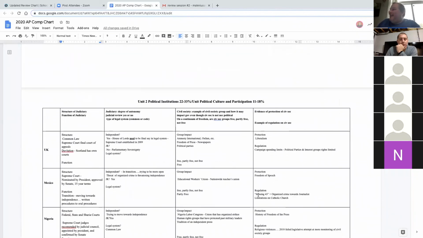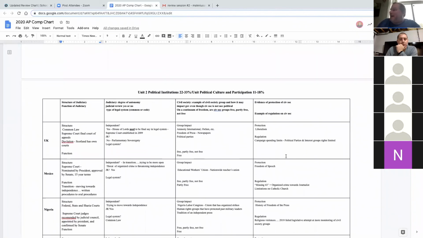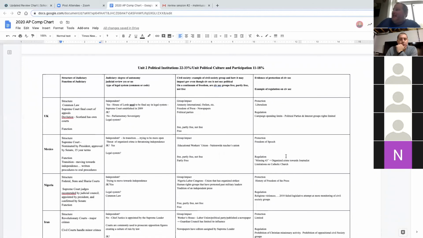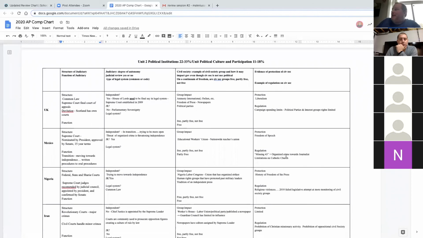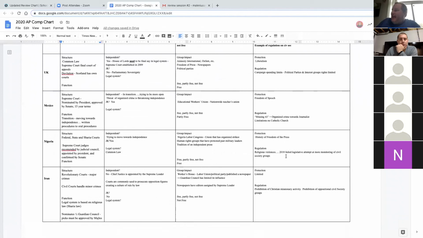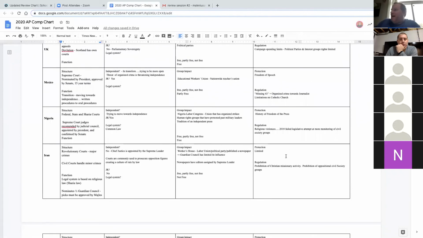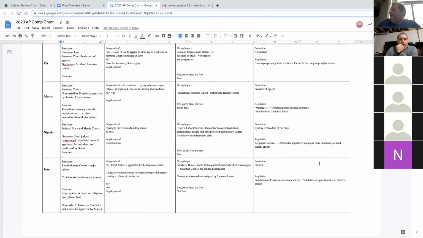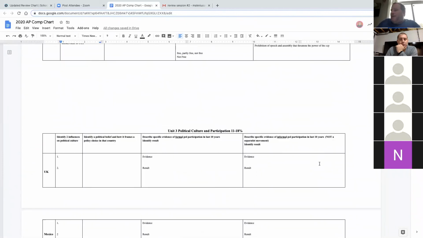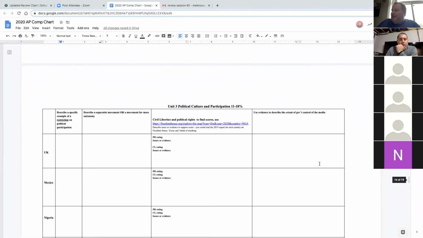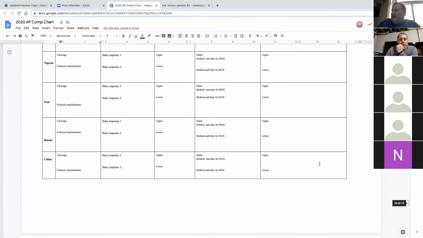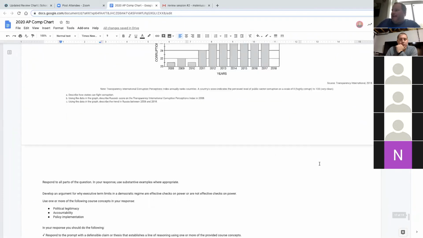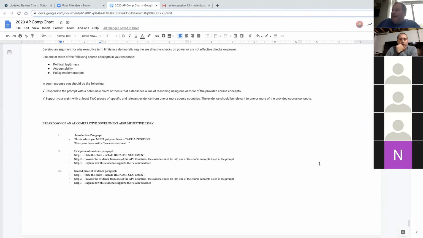And then finally, we have examples of protection of civil society and examples of regulation on civil society. And you guys can read that chart. It's all very self-explanatory. So I included 2 potential FRQs. I went with the argumentative essay. Now, when you guys take the test,